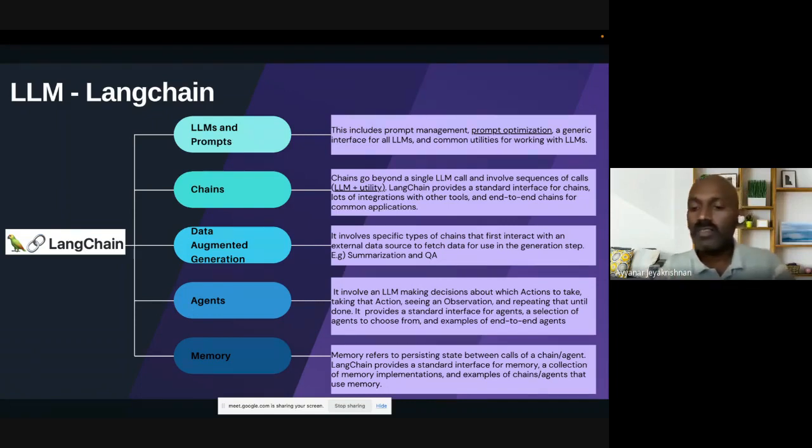So the agents, right? Memory is very important, because if you are creating a chat application, you need to understand the context of what you have given before to give a prediction next. So memory is part of LangChain, which will keep the context for as long as you need and optimize for your output. Anybody who is interested in LangChain, please check the documentation. I think it is going to be very useful if you are building an application on top of a large language model.